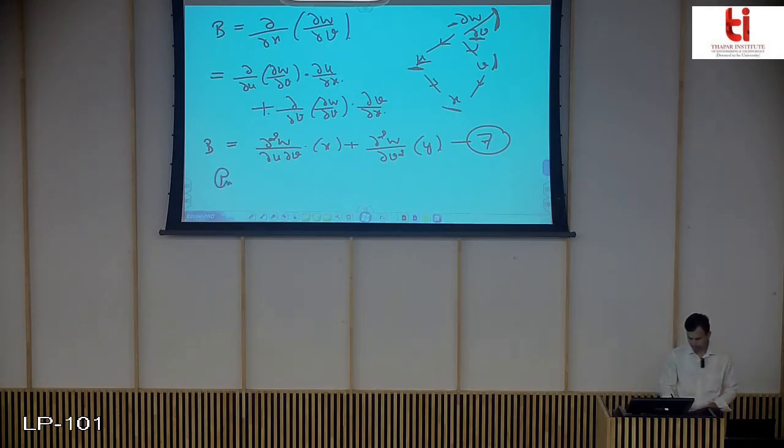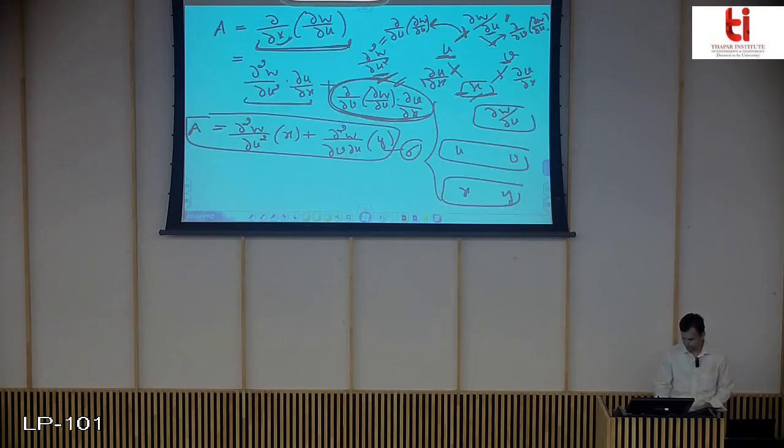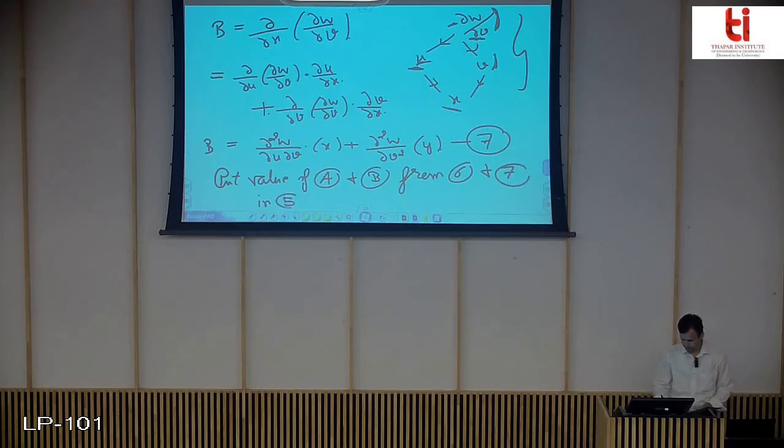So put the value of a and b from 6 and 7. While you are attempting the question in paper or test, you can simply substitute it in the equation. You will not have to work it separately. So put the value of a and b from 6 and 7 back in your equation number 5. Yes, it is 5. In 5 we get,